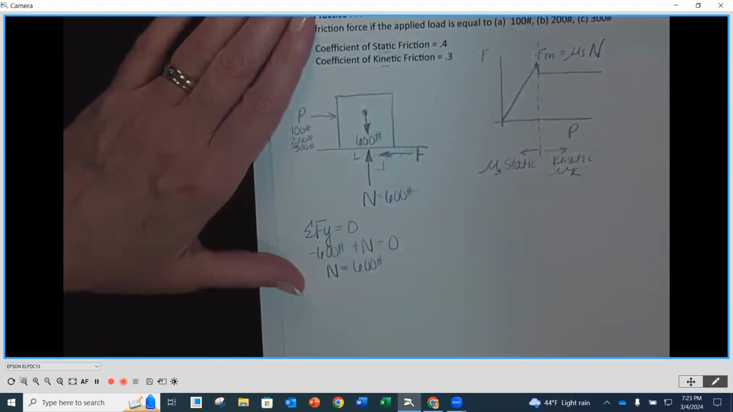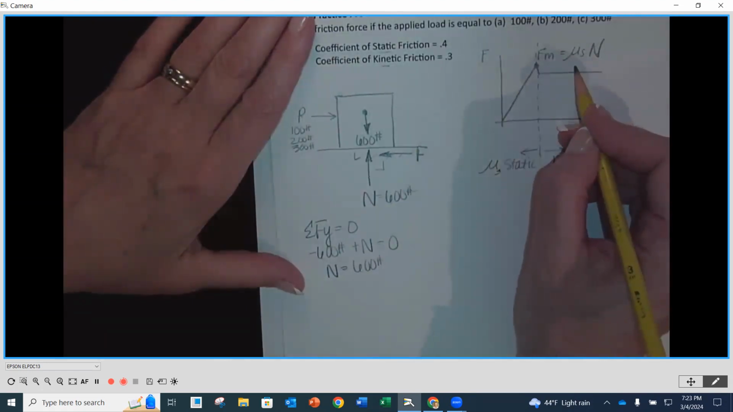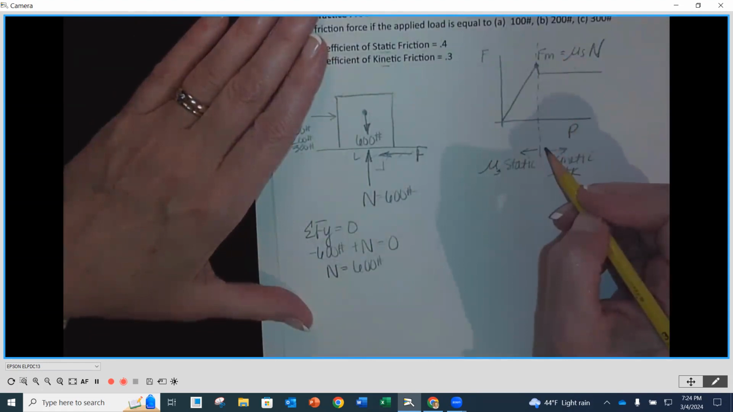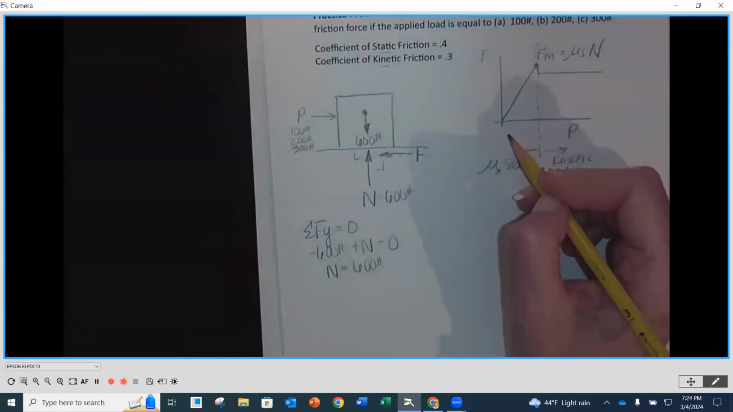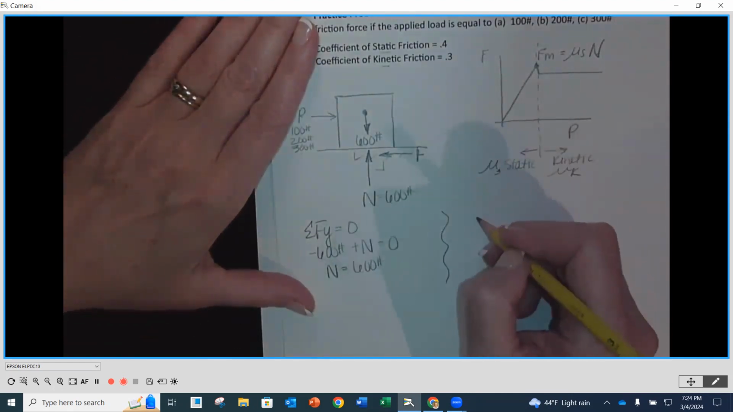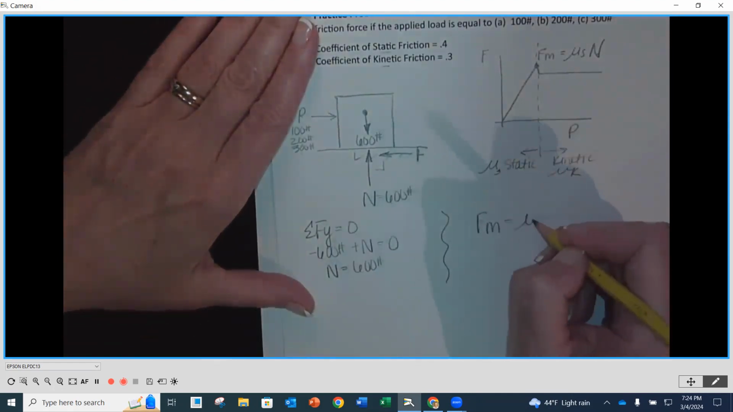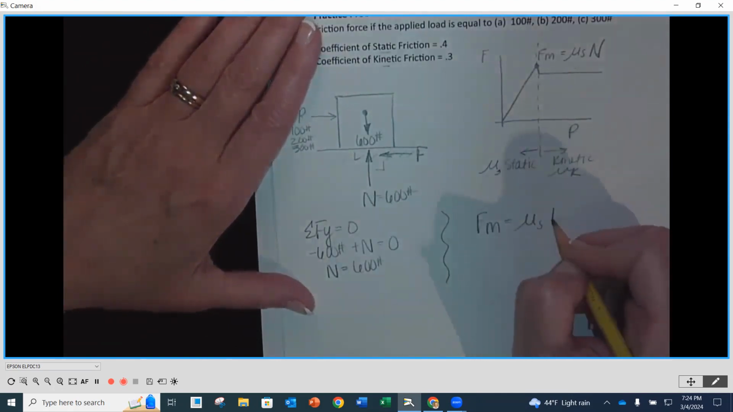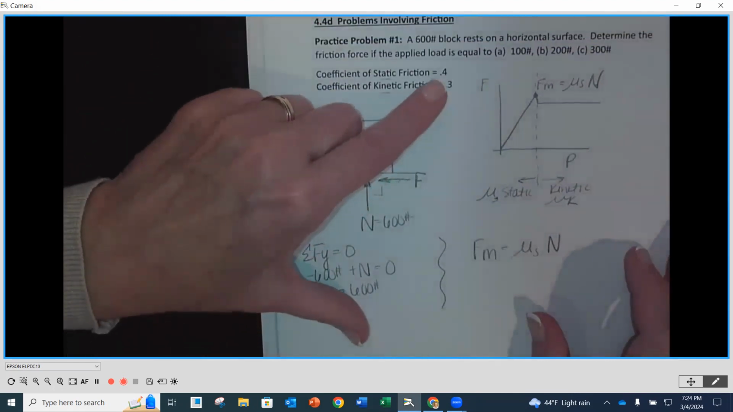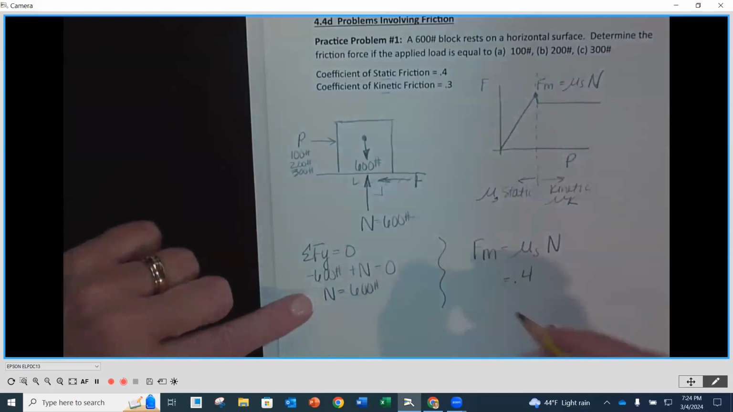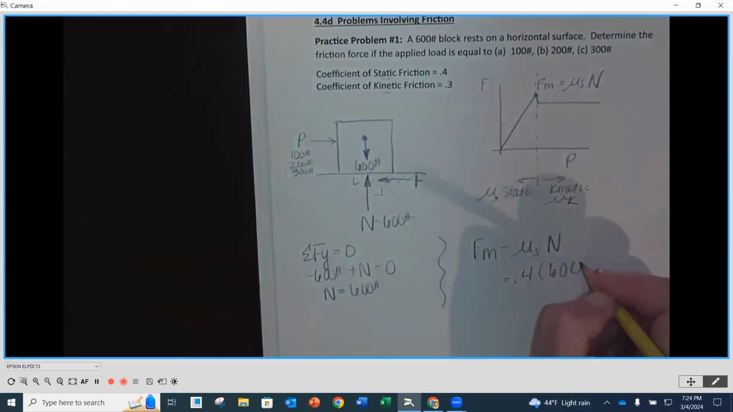Now, knowing that normal force, we can determine the maximum friction force. That's going to be our impending motion line. So we'll know if anything's less than that, it's not moving. If anything is more than that, it's moving. So now we're going to say, okay, maximum friction force is going to be equal to the static friction coefficient times the normal force. We know the static coefficient is going to be equal to 0.4 for this problem. And we know that our normal force,